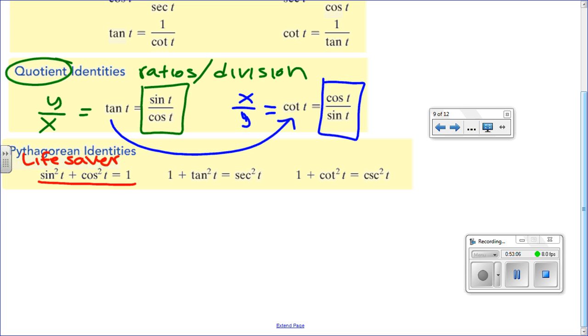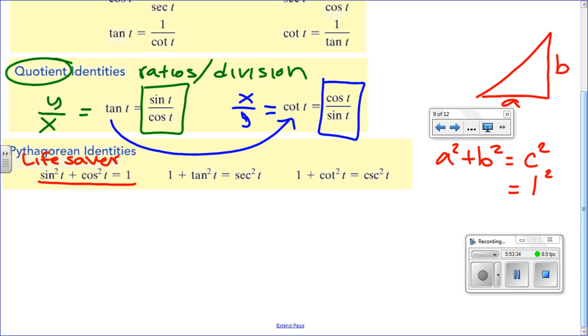Why do we call it Pythagorean identity? Because it's kind of like the Pythagorean theorem. So if we go a squared plus b squared equals c squared, right? And so we're talking about the unit circle. What will be the hypotenuse? 1. So it's just 1 square here. And then for a and b,